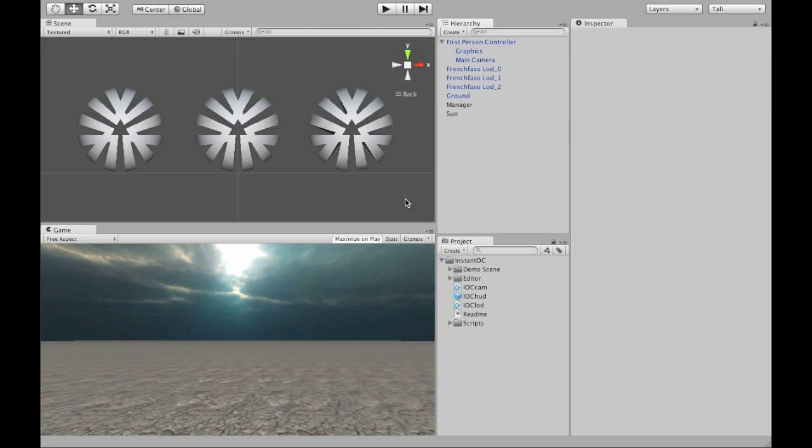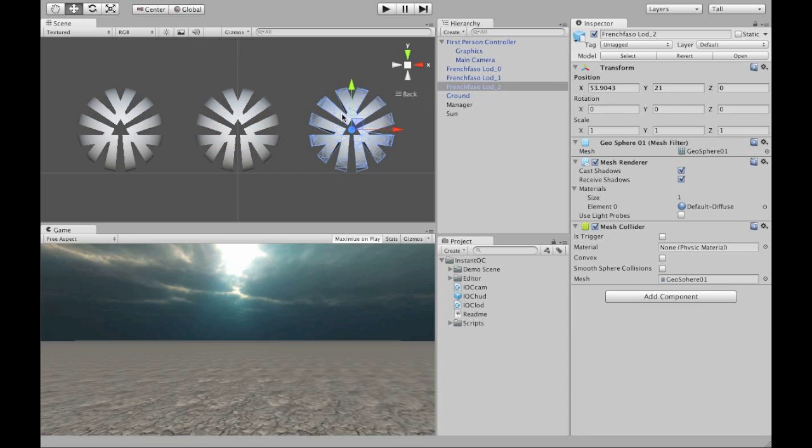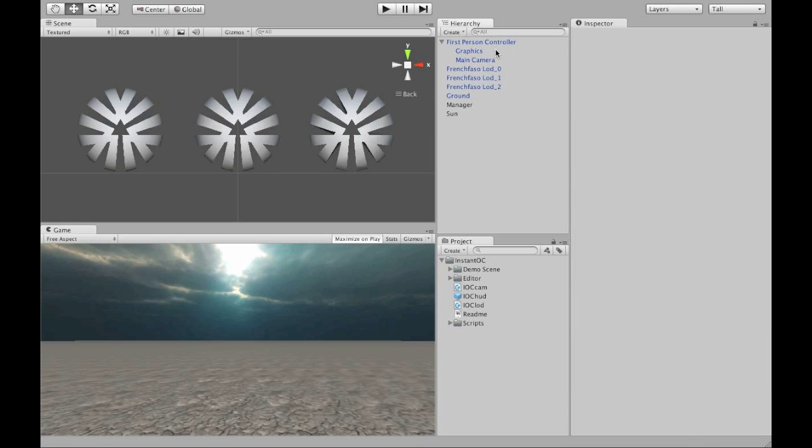This is the second tutorial about InstantOC. In this tutorial we will cover the LOD system of InstantOC. So I've already prepared a little sample scene. We have three models in our scene: the one with many polygons, the high-res version, the medium-res version, and the low poly version. So if you want to use the LOD system of InstantOC, you will have to make sort of